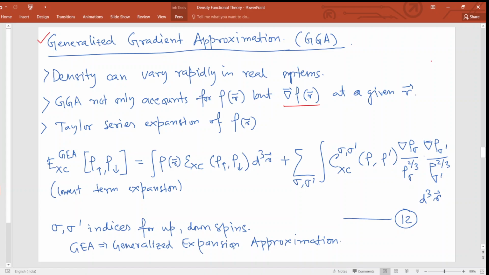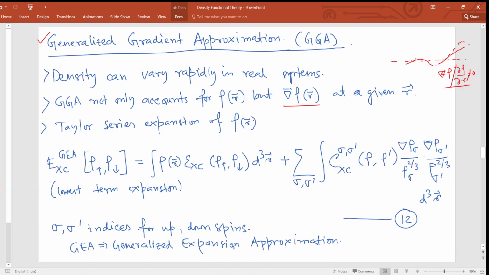So let's say we have electron density that is varying in space somehow. Earlier what we were doing is that we were assuming a constant value, but here it can actually take care of the variation, because when you are calculating del rho by del r, it will tell you what sort of variation, whether it is zero or non-zero.